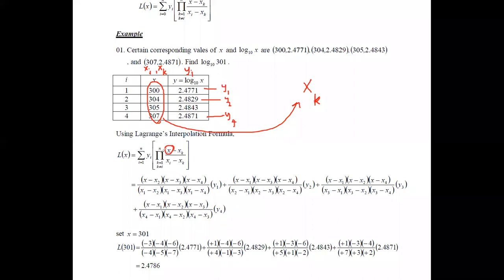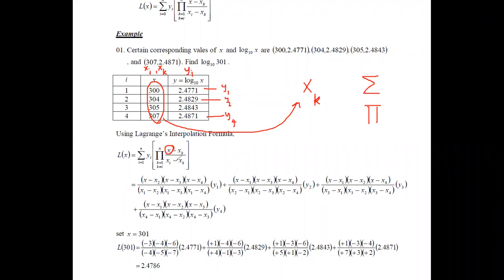And when you see this notation, this is the notation used to obtain the product. Capital pi denotes the product. Normally we use sigma to denote the summation, and pi to denote the product. Therefore, here we need to take the product for this quantity where k is going from 1 to n, but k cannot be equal to the value i.